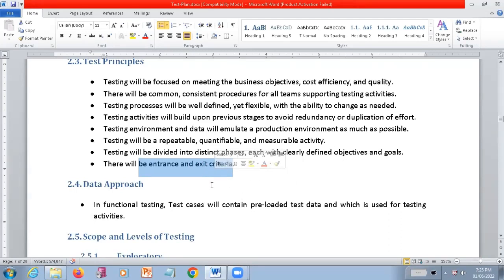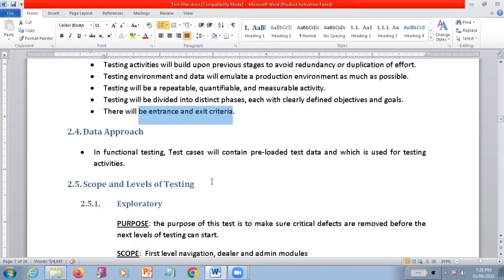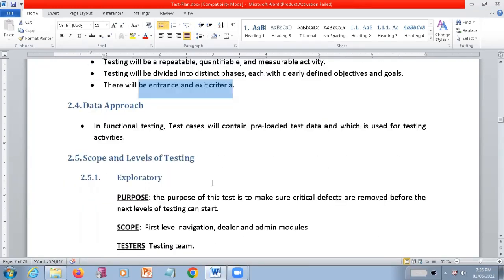See, as a test engineer, if you do not have a deadline, the cycles will keep on rotating. So you should have a deadline and you should stop your testing by yourself. No one is going to insist on it. That is the exit. Entrance means when you enter into testing, and exit means when you stop the testing. You should be very clear on that. Okay. So you are going to define that in the coming sessions.